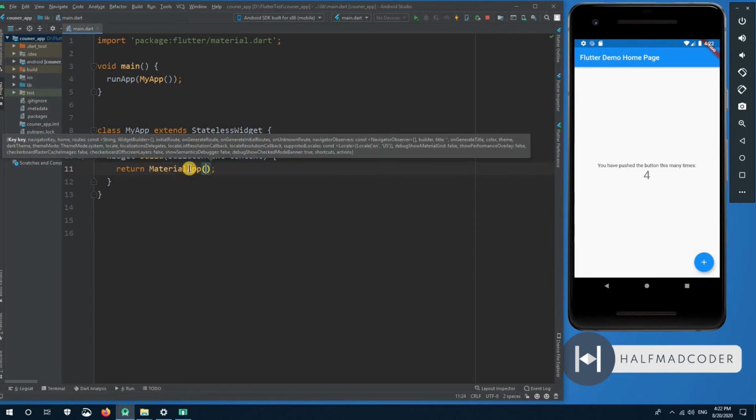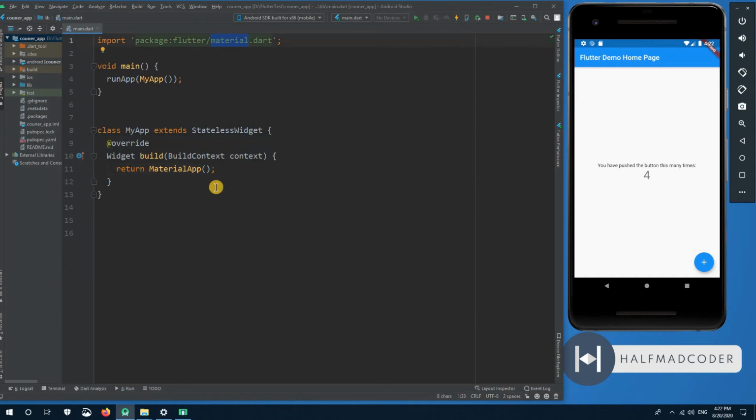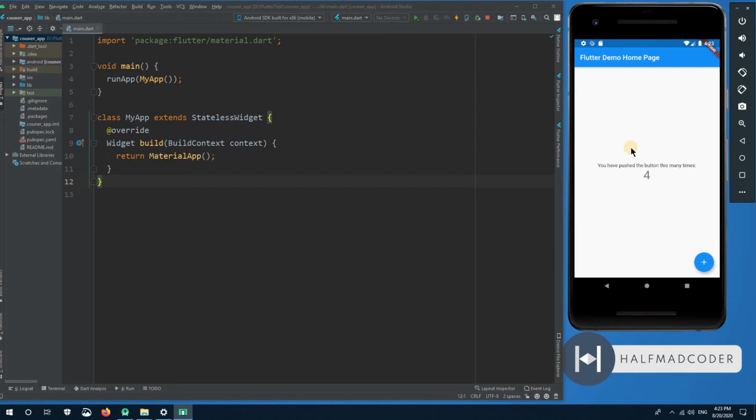This also comes predefined from this material package. You don't need to do anything here. Okay, you just need to know that material app is a root app we need to use when we build some app. Okay, and why we need to do so? Well,